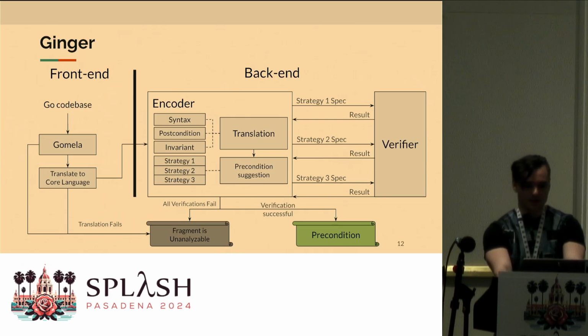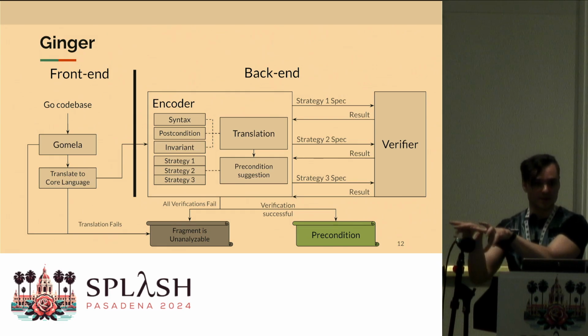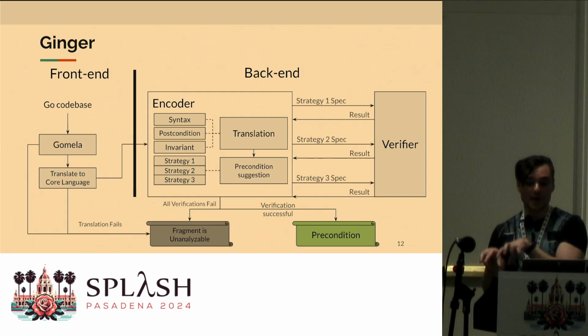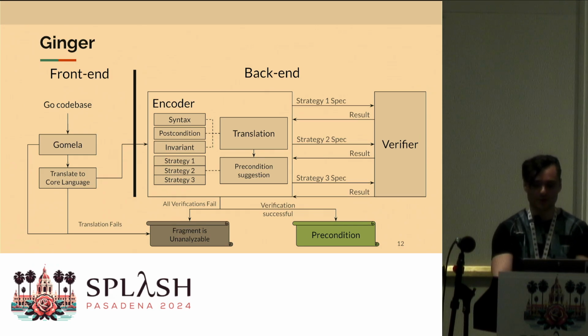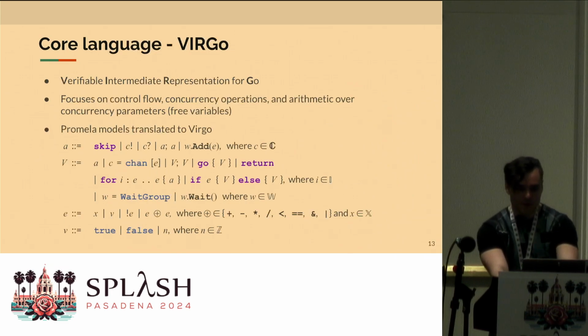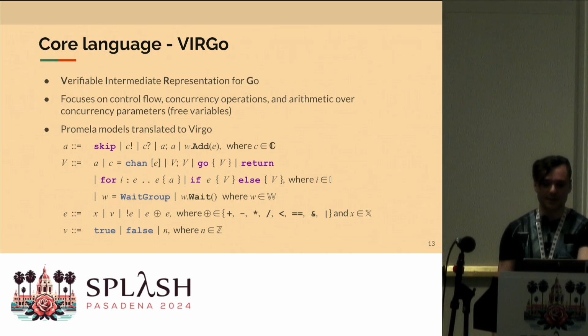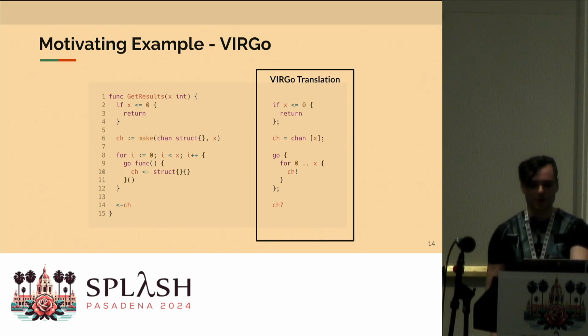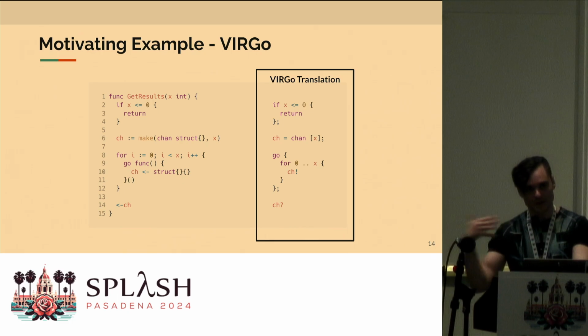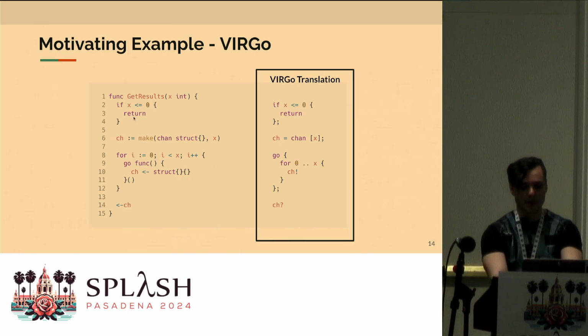So taken from a high level, the architecture of Ginger is that in the front end, it simply takes these parametric concurrency fragments, and after expressing them as Hoare triples, it tries to verify them by using an off-the-shelf verifier. Before they get passed on to the verifier, however, these concurrency fragments are first translated to a subset of Go called Virgo that focuses specifically on control flow and channel operations. So just to give you an example, the get results function would be translated into Virgo as such, and the concurrency parameter X